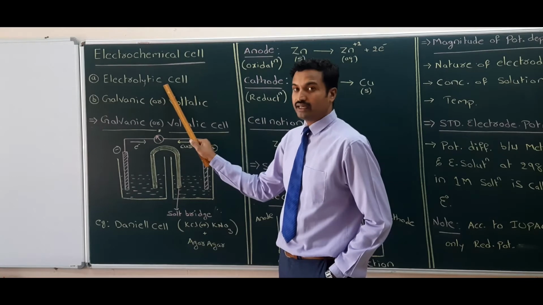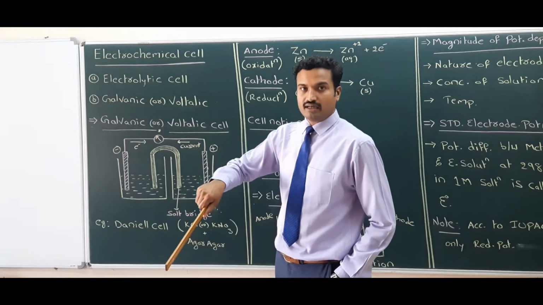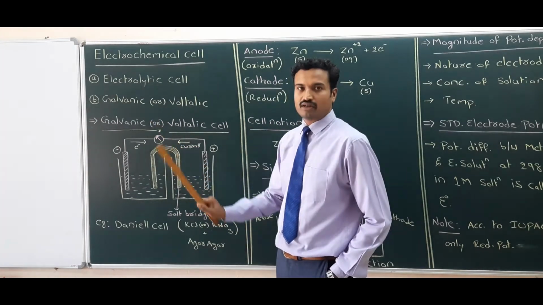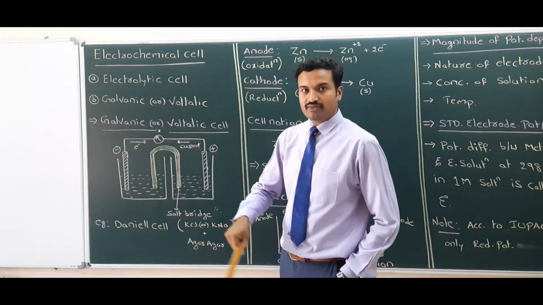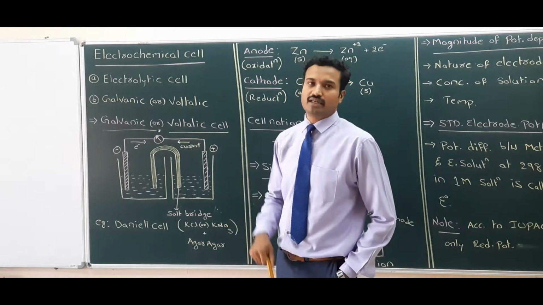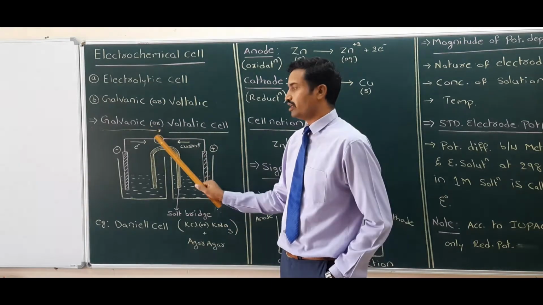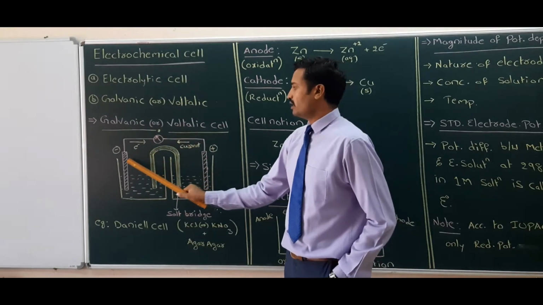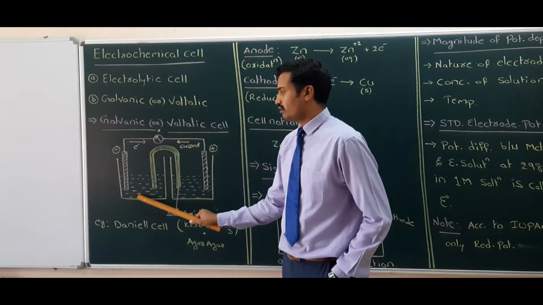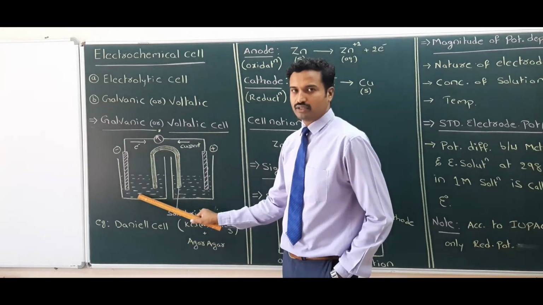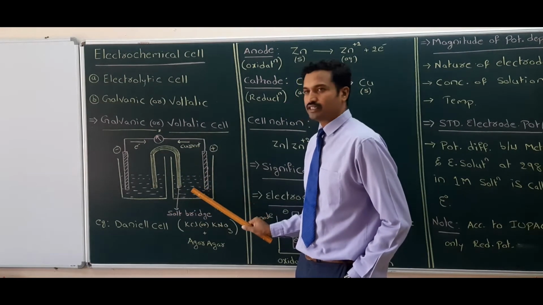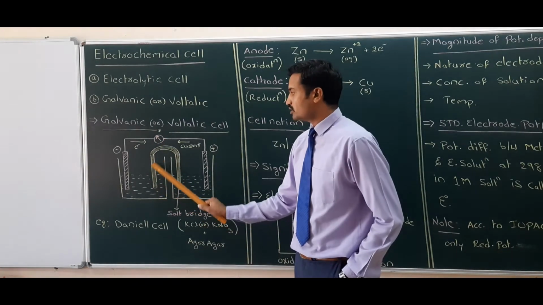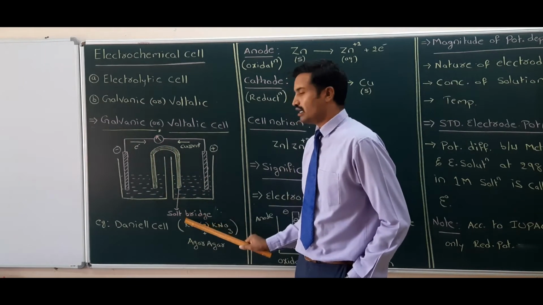Again, in the electrolytic cell, we are giving the electric current. That current is utilized for chemical change. In the galvanic cell, we are not giving any electric current. Because of the chemical reaction, current will be generated, electricity will be generated in the voltmeter. So, both are reversible. Here one electrode is dipped in one electrolytic solution, and the second electrode is dipped in the next solution. Both are connected to the voltmeter, and both the solutions are connected with the salt bridge.